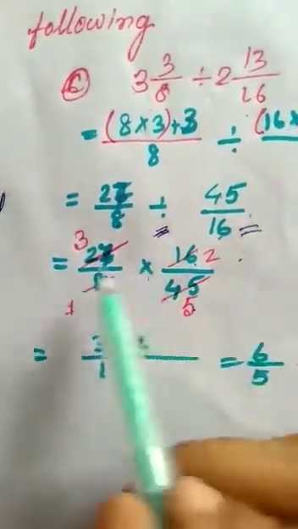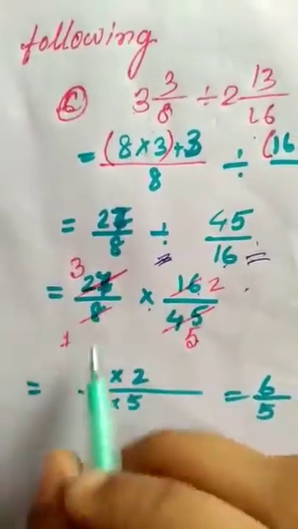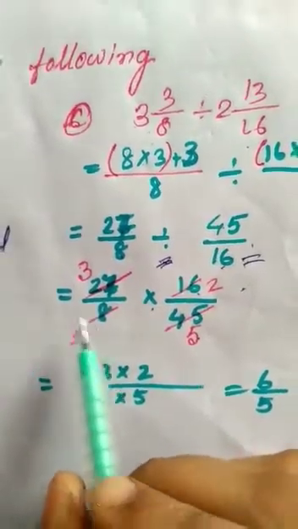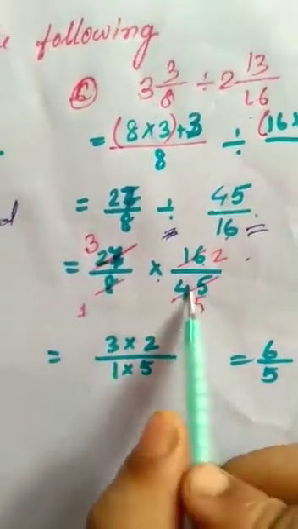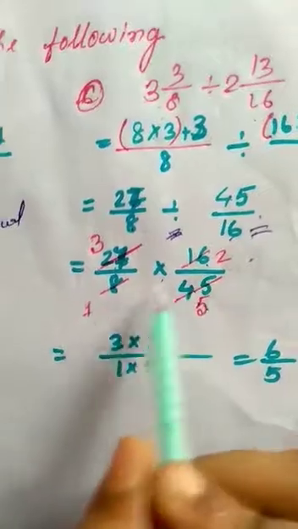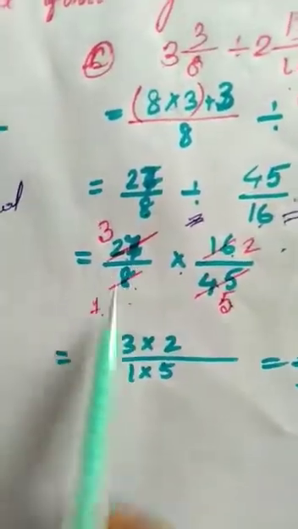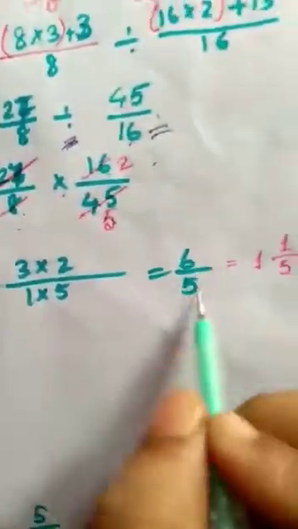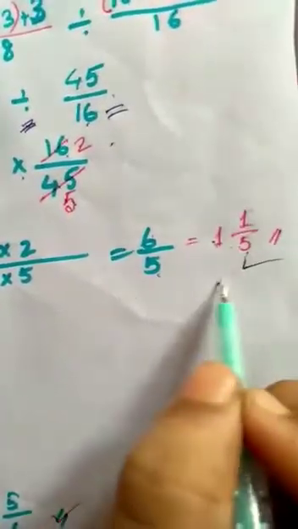Alright. Now according to the rule we have done, we are looking for how we can reduce it to the lowest terms, or cancel out by the common factor. So you can see here 9 5 is 45, 9 3 is 27, we have done it. Now here 8 1 is 8, 8 2 is 16. Alright children, now what we have got, 3 into 2 and down is 1 into 5, so it's 6 by 5, and 6 by 5 we can write as 1 and 1 by 5, as 5 1 is 5 plus 1 is 6 by 5.